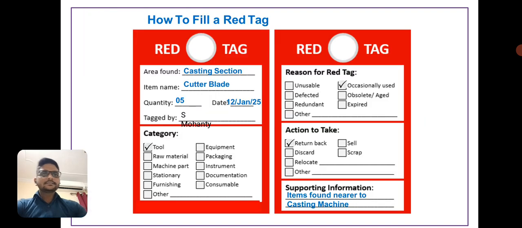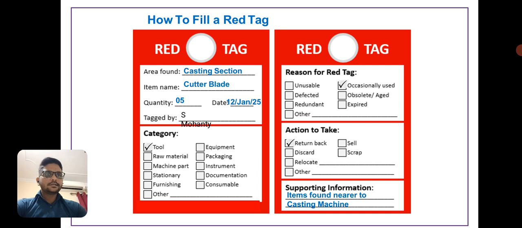Next is how to fill a red tag format. First is the area found, in which area, and item name, quantity, date, tagged by, and category, meaning tools, raw materials, machine part, stationery, furnishing, others, equipment, packaging, instrument, document, or consumable.